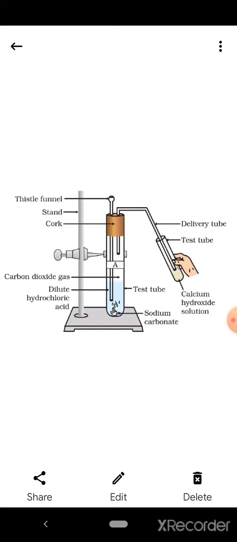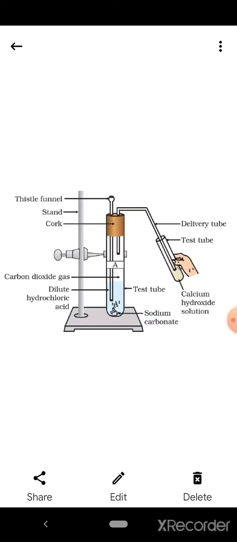NaHCO3 in another test tube. Now add 2 ml of dilute HCl to both the test tubes. Means you will have to add dilute HCl to Na2CO3, and you will have to add dilute HCl in test tube B, NaHCO3 also. Now you will have to note the observation. Now pass the gas produced in each through lime water, that is calcium hydroxide solution as shown, okay.